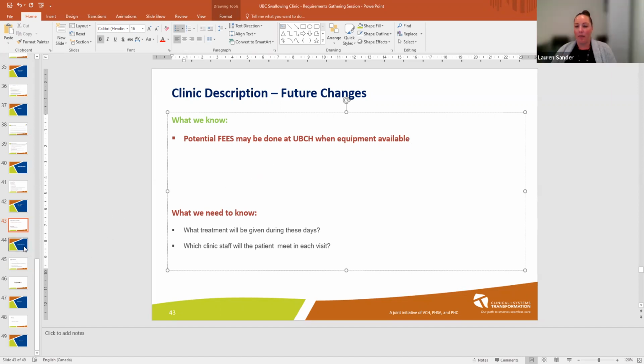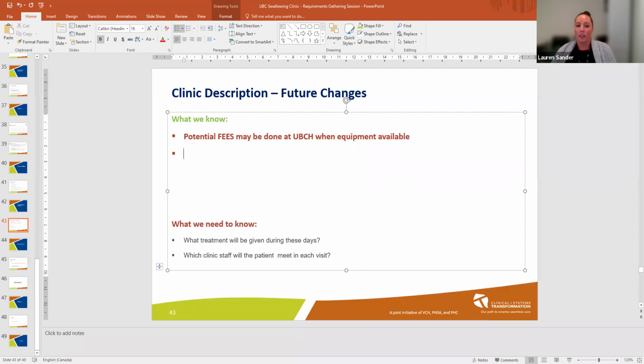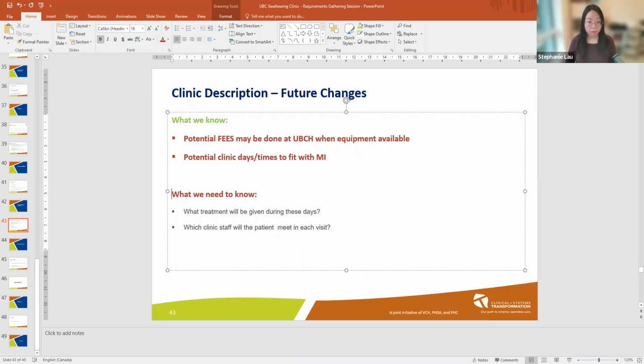Yeah, and I would say the other change too is the swallowing clinic is very much at the mercy of the radiology schedule. At any point in time, if radiology says we need to change your day because of this, that, or the other, obviously it'll be a consultative situation, but there could be a change in days, times, whatever, so that we fit in to what is currently happening in medical imaging. Okay. All right.